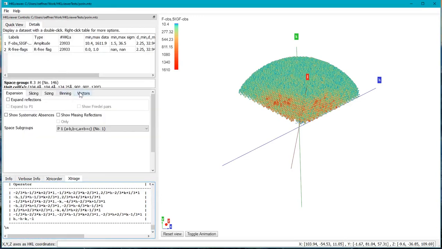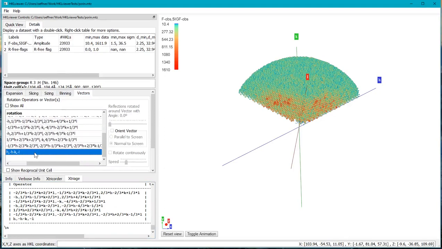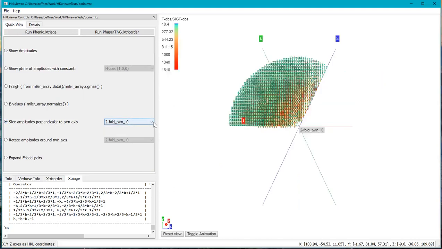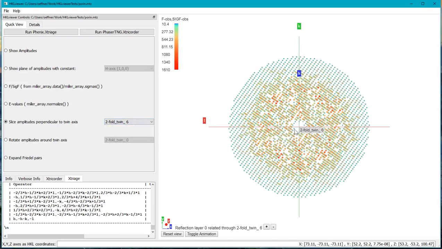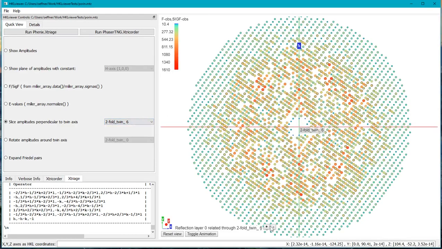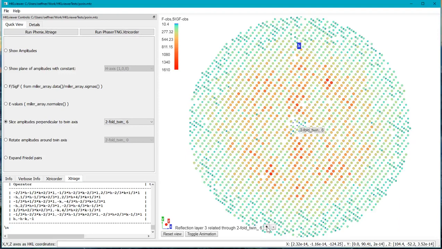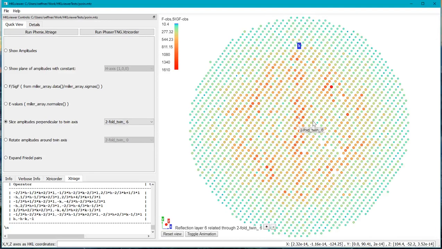And we can go here on the Details tab and find the Vector tab and see that this is actually that twin operator here. So we go back to Quick View again, and let's slice amplitudes perpendicular to that twin operator. And what we should pay attention to is that when we step through layers of reflections, then according to the color coding we should see central symmetry, and that appears to be the case, so that indicates that this data